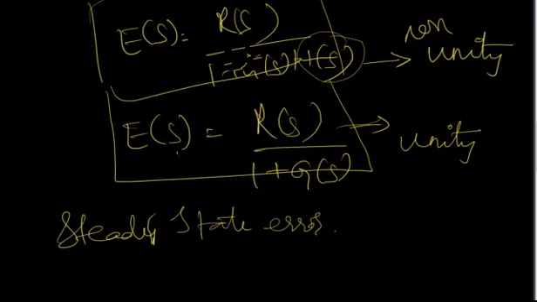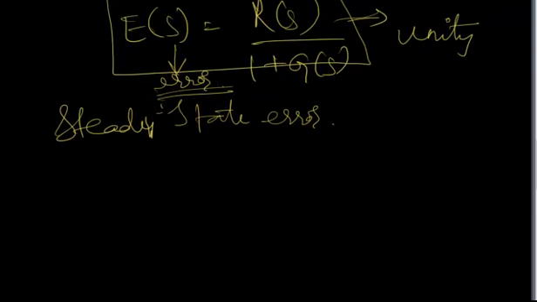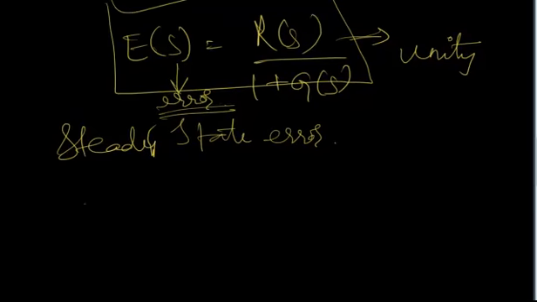E of S is nothing but error. మనకి స్టడీ స్టేట్ ఎర్రర్ కావాలి అంటే E of S is present in Laplace domain. దీని Laplace domain లోంచి టైం డొమైన్ లోకి కన్వర్ట్ చేయాలి. కన్వర్ట్ చేయడం కోసం స్టడీ స్టేట్ ఎర్రర్ ESS will be equal to